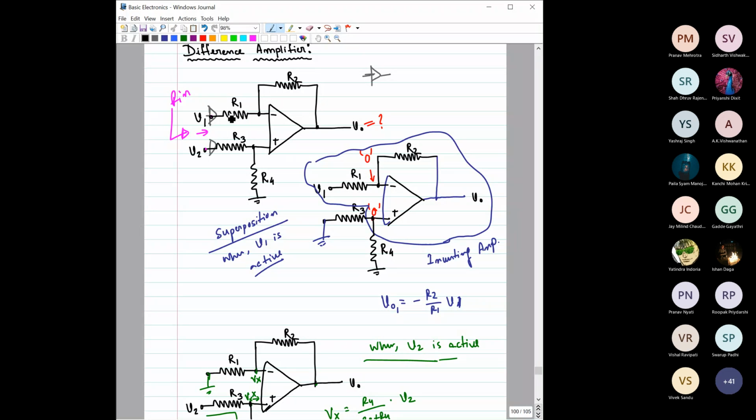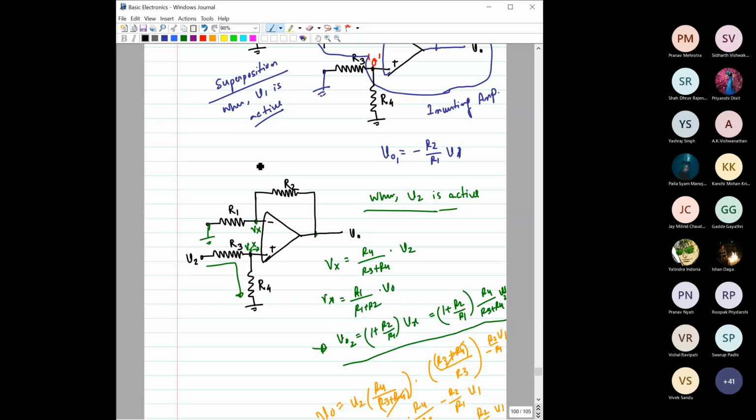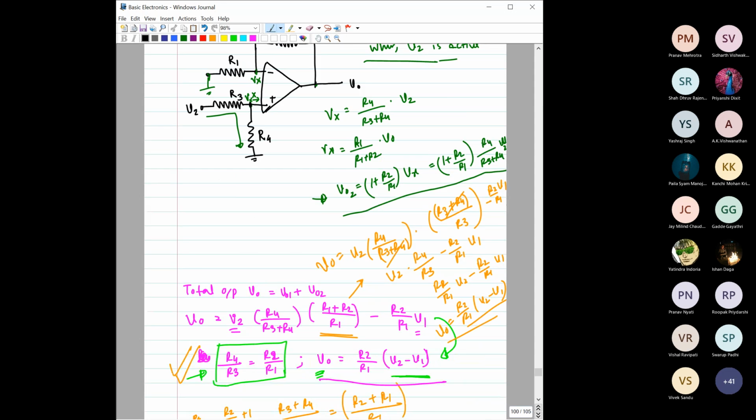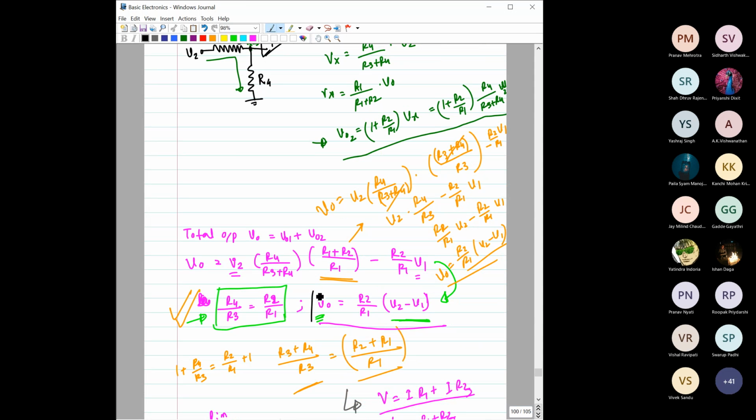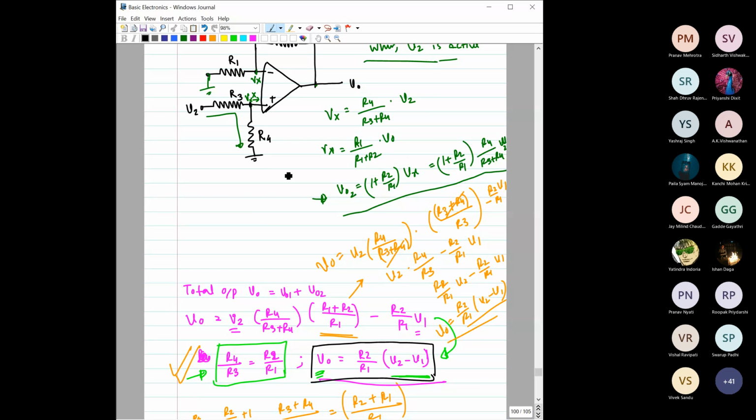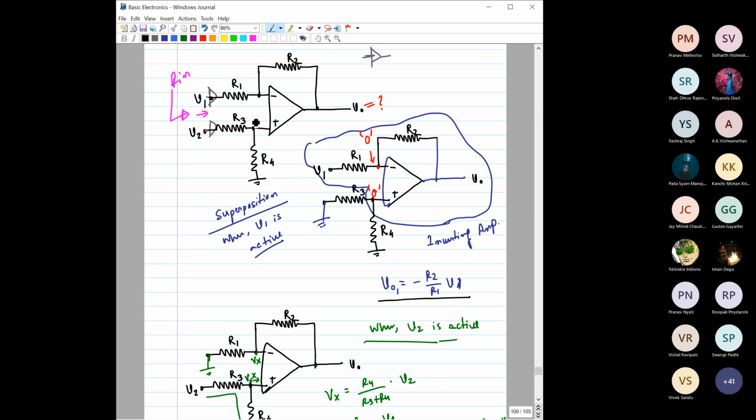It's basically four resistors connected in this fashion, and to get an output of this form, that is, output equal to R2 by R1 into V2 minus V1, the difference between these two inputs,